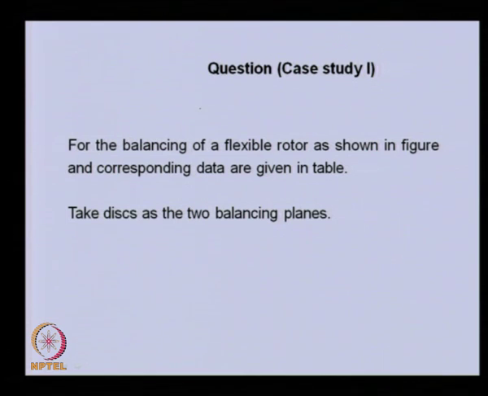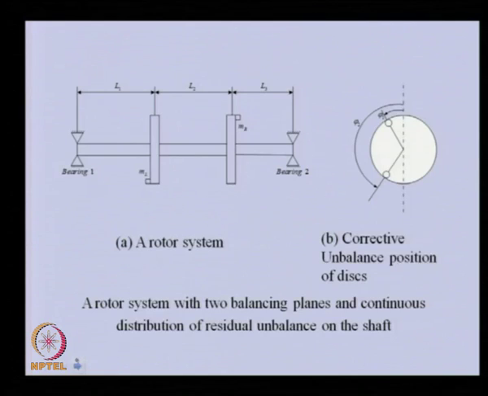So, first let us see what problem we are taking. For balancing of a flexible rotor, as shown in this figure, this is a simple rotor which is simply supported. In this we are considering the shaft to have distributed mass property, and apart from that there are two rigid discs mounted onto the shaft. Because the shaft has distributed mass property, we will be modeling this particular rotor using the finite element method,